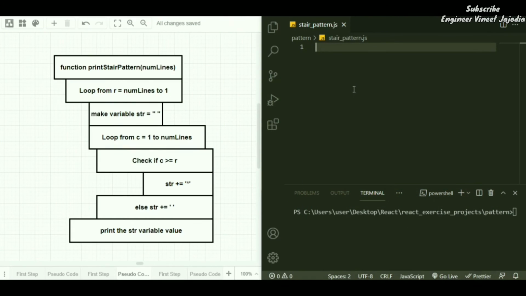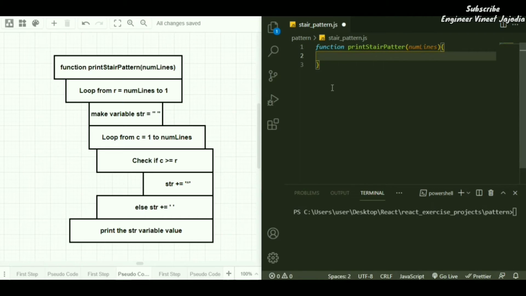Now let's begin with the implementation of the pattern. So the first line of the pseudocode says that we have to make a function. So we are going to make a function. Name of the function will be printStrPattern, and it will accept some number of lines. After that, we have to loop for number of rows.